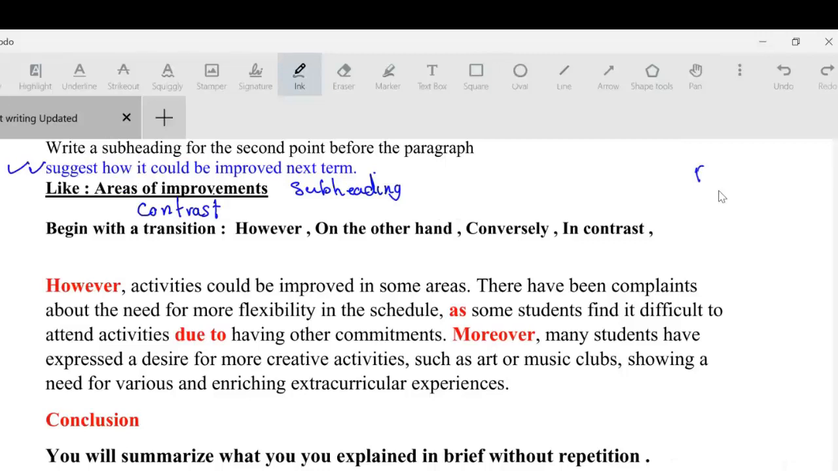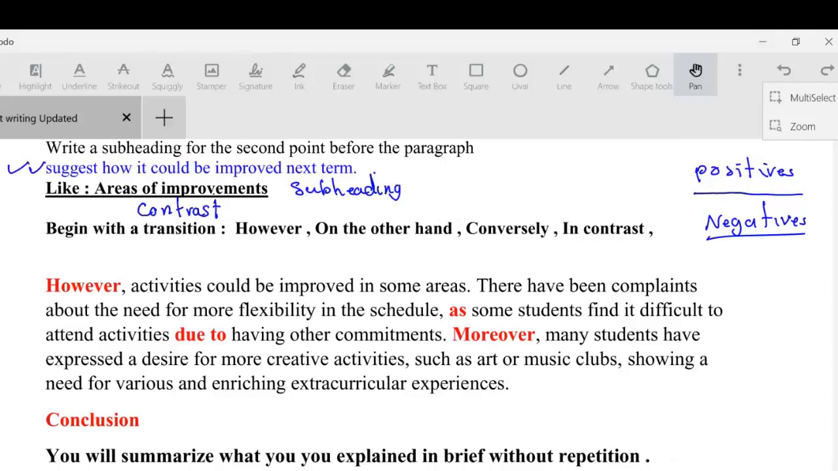So logically, as long as I'm writing about areas of improvement, it means I'm going to write about negatives, because areas of improvement means there are some drawbacks, some problems here that should be improved. This is negatives. So if you write a paragraph about positives and a paragraph about negatives, you must begin the second paragraph with a